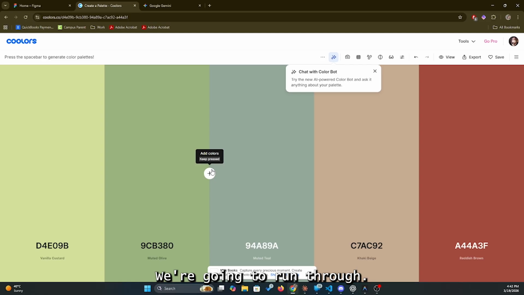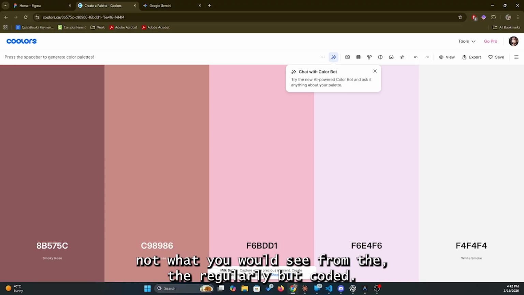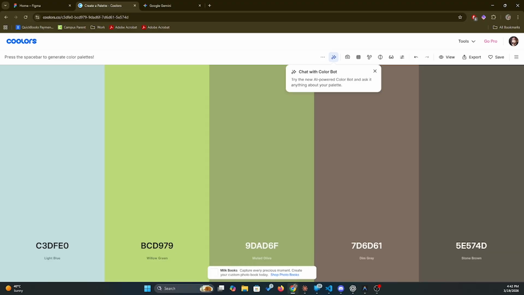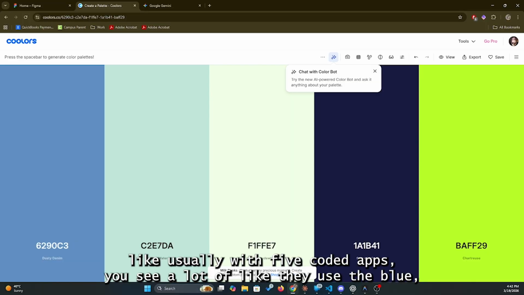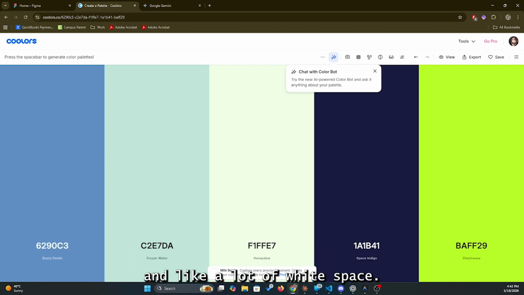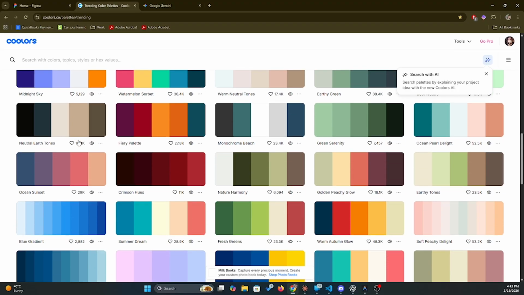We're gonna run through. Tell me when you see one you like. I want to go for one that is really not what you would see from a regularly vibe coded work. I feel like with vibe coded apps you usually see a lot of blue buttons and a lot of white space. So if we were to do something very different from that, I like the